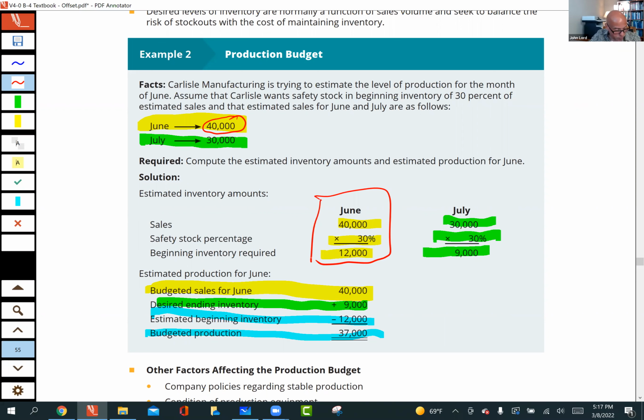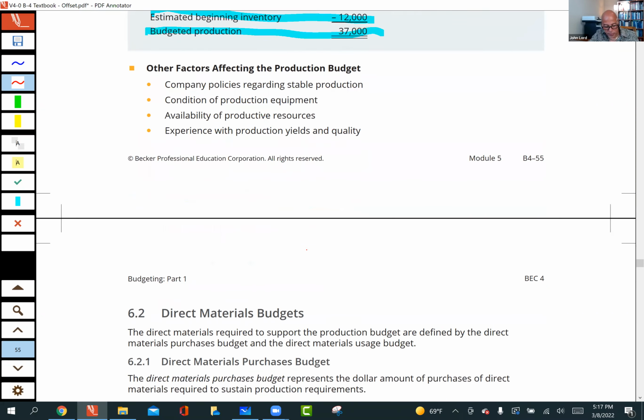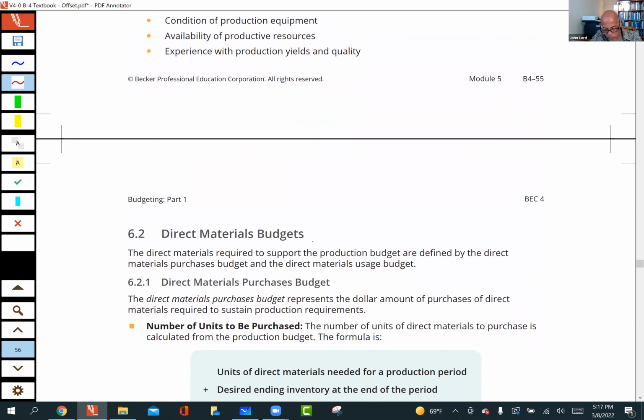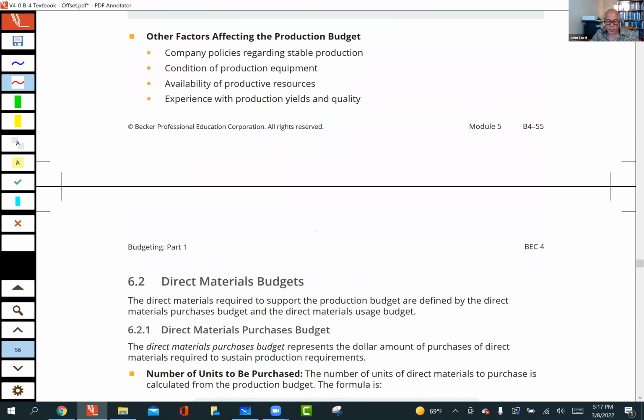Okay, good. Now you come over and take a look at the direct materials budget. So now, once the company knows how many units they want to produce, well, okay, that's fine. But units are not necessarily equal to the amount of materials, right? Because maybe I need 5 pounds of material for 1 unit, right? So we're going to have to convert units into the actual materials, and then we can figure out how much material we have to buy for the period.